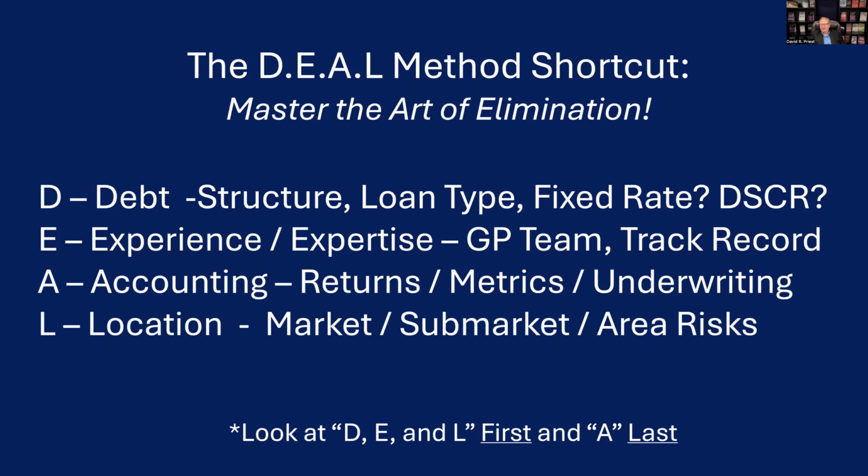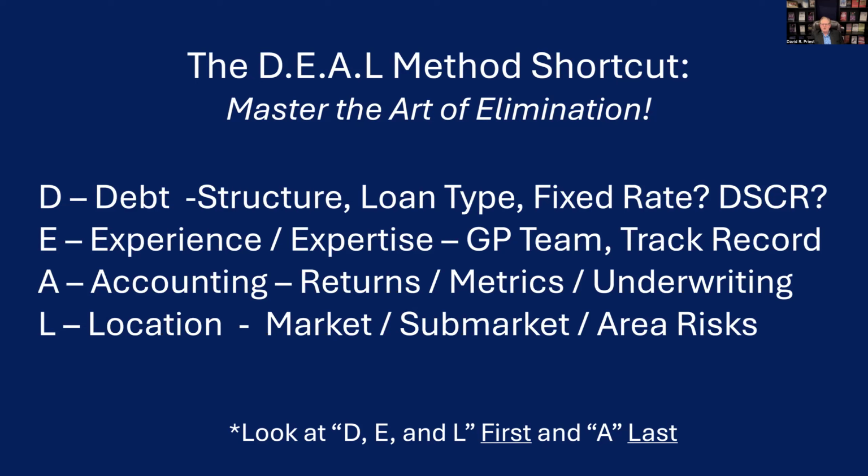Location, market, submarket, area, risk. Okay. I know I don't want to do deals in California because of the tenant laws and the crazy business environment out there. I don't want to do deals in New York. If it's a GP deal, I want to do a deal in Texas. So I want to be able to drive there within a few hours. Worst case, I love Houston because everything is within 45 minutes, but I'm doing a deal in San Antonio right now. I'll look at Dallas.